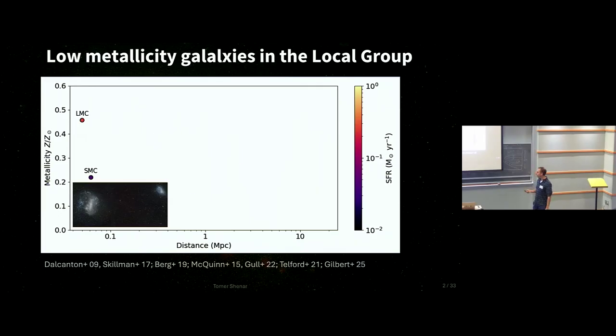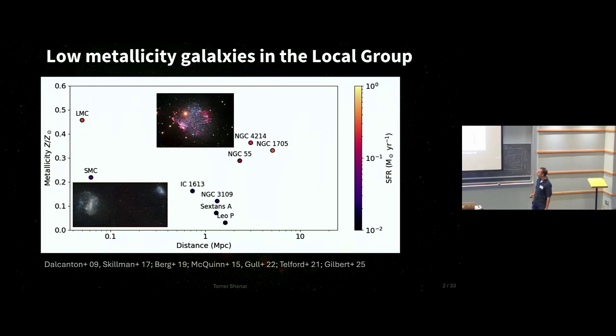universe. If we want to go to even lower metallicities, we'd have to go further away to galaxies like Leo P and Sextans A. But these galaxies are already 1 megaparsec away, making them harder to study. But worse than that, in color, I plot the star formation rate of these galaxies. Star formation rate is what dictates how many massive stars are going to be there. And if you look at the star formation rates of galaxies like Leo P and Sextans A, they're pretty small. Pathetic, I wanted to say, but that's maybe a bit insulting for them. So you have quite a few massive stars in these galaxies.